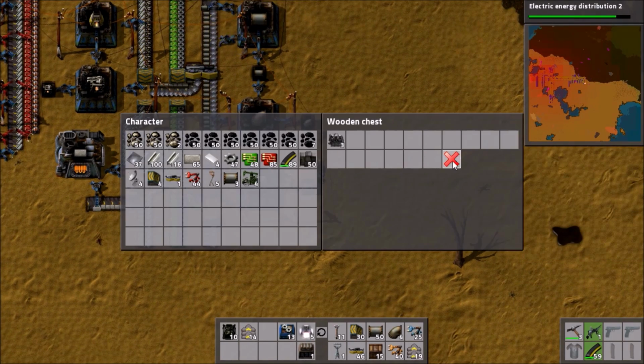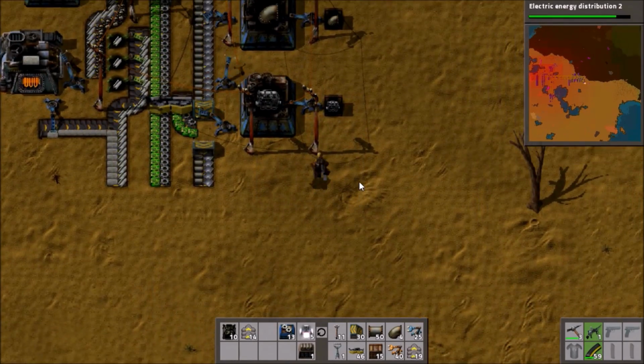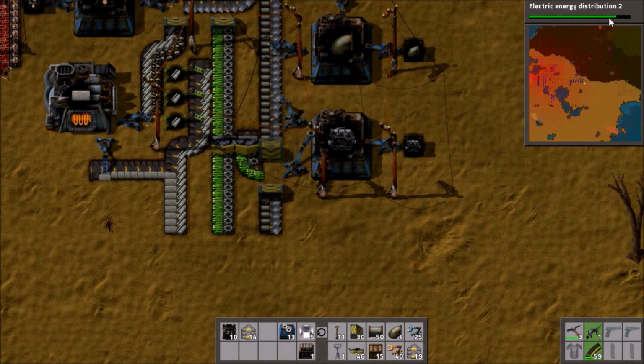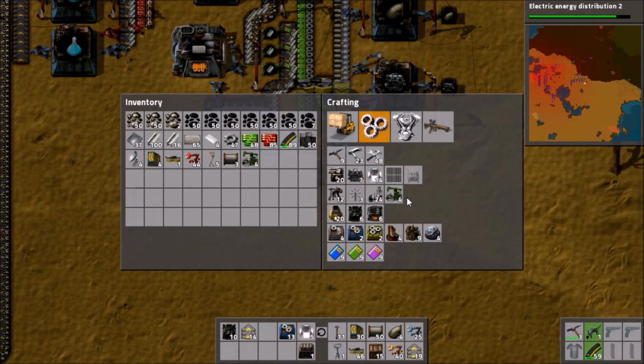We really need the thingy. My mind's blanked. That's no use. We need the substation. That's what we need. Yes, electric energy distribution too. Needs to get done. Okay, so we have stone bricks on here now, so we can start doing the stuff